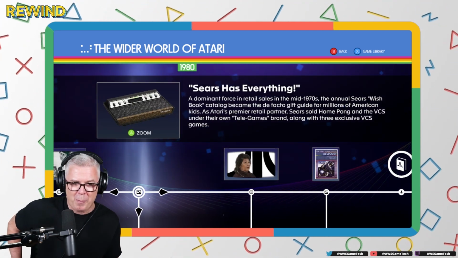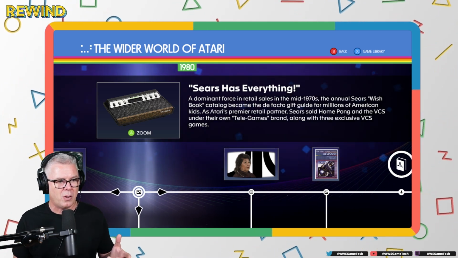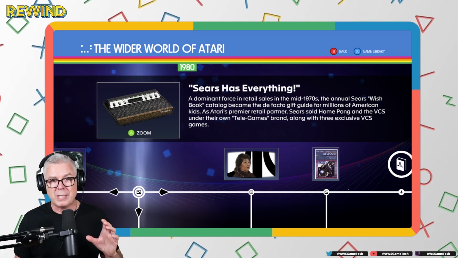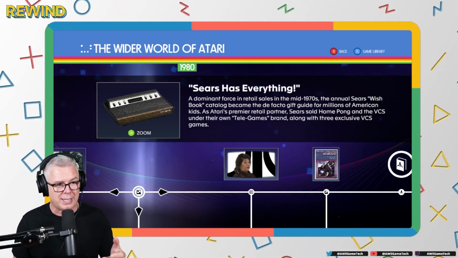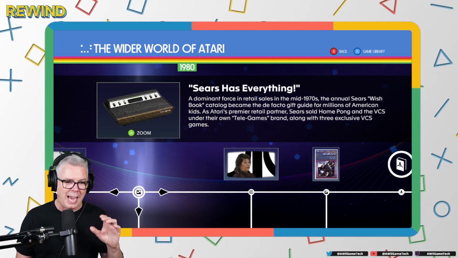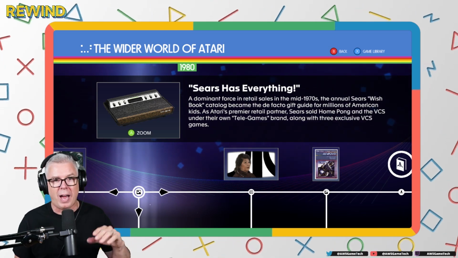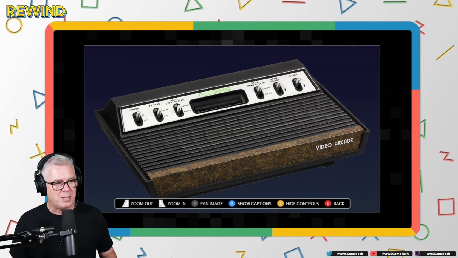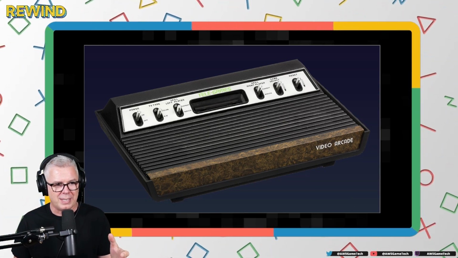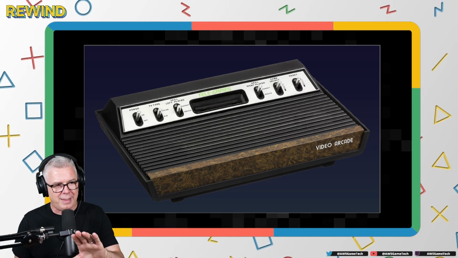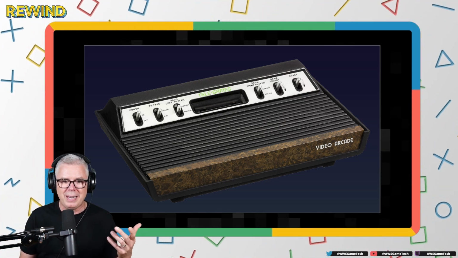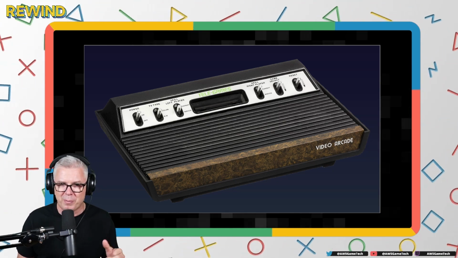Sears. So back in the 1970s, when the Atari VCS was originally released, known as the 2600, were it not for Sears actually picking up the console, reskinning it, and branding it under the Telegames brand, Atari would not have had the distribution that they needed to make a toehold in the market and rise to the level of success that they did. Typically it was more than just a reskin with a rebrand. They typically did different colors like you can see here. It's called the Video Arcade. It had that chrome panel on the front instead of the black one with the yellow lettering. So it made it distinctively a Sears type of product, right?